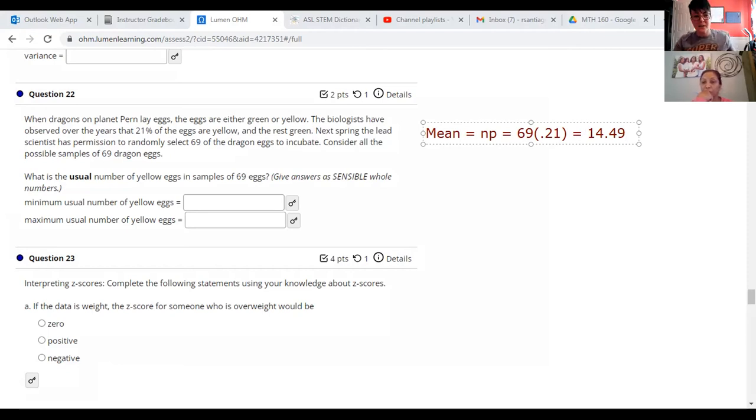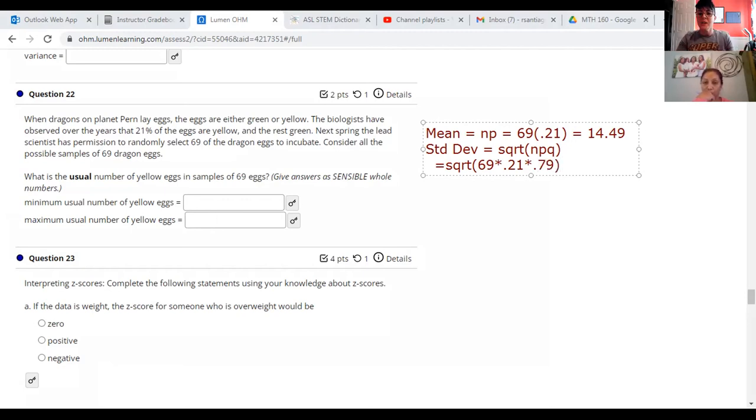Perfect. Next, we are going to calculate the standard deviation. So the standard deviation, according to our notes for binomial distribution, is the square root of n times p times q. I'm going to write square root like they do in code, sqrt. So we have square root of n is 69. P is 0.21, which means Q is going to be what's left over. So if you do 1 minus 0.21, that's going to be 0.79,